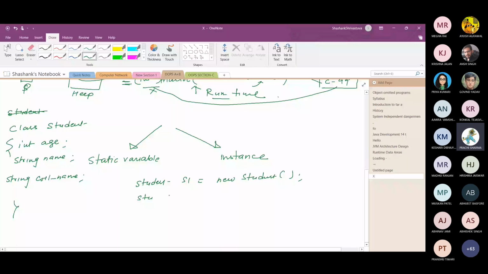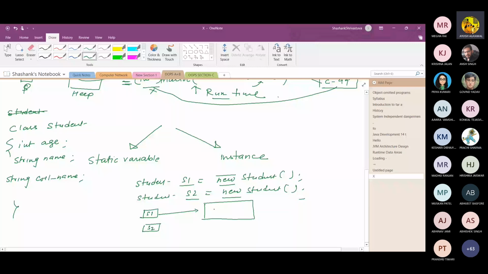So when you call the constructor with the help of new keyword, the memory is created. जैसे malloc calloc से memory create होती थी, similarly here with the help of new keyword, memory is created at runtime in the heap memory area, and that is referred by s1 and s2. When the memory is created, s1 is stored in stack, s2 is stored in stack, and here s1 refers to a memory allocation where the memory for age, name, and college name is created.